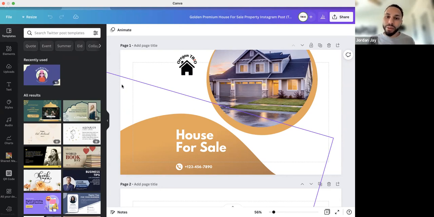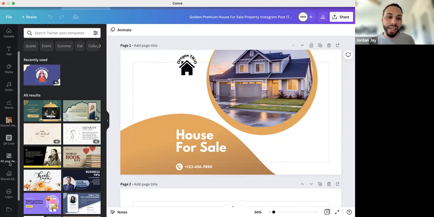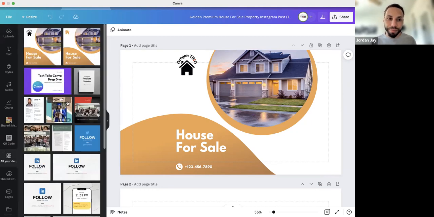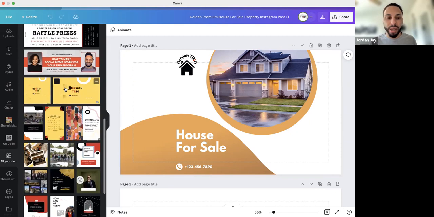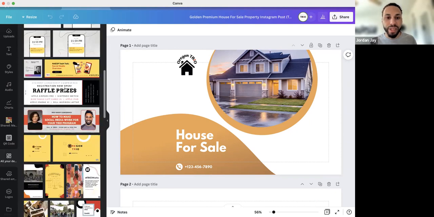If I needed to do it manually, because I don't have that resize feature, I could always open a blank Twitter post template that would be completely white, but would have these dimensions. And I could go down here to all your designs. This will list everything that you've been working on in the order that you've used it.